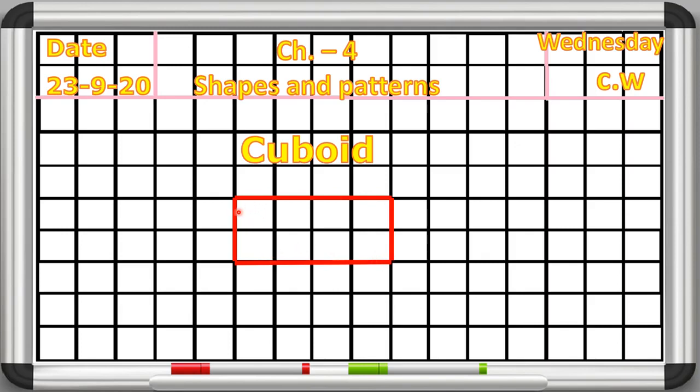Now leave one column, leave this column beta, and we will make another rectangle starting from this point like this. Yes, so here again we have made a rectangle of 4 by 2, 4 sleeping lines and 2 standing lines.